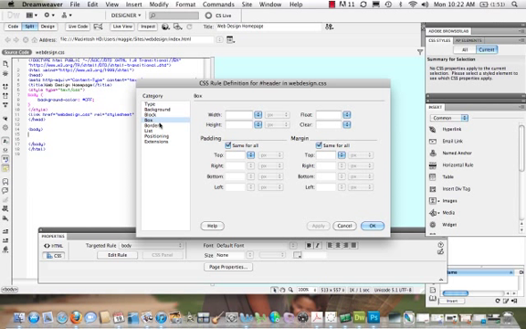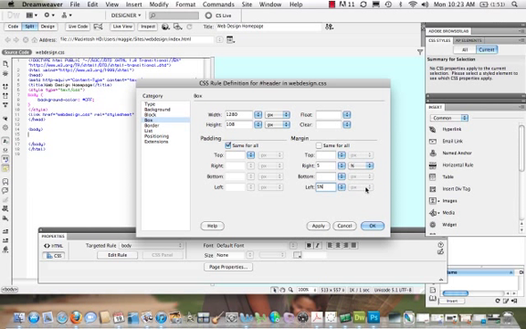Okay, what I'm going to say is I want this to be a box. I'm going to put in my width. My width is going to be 1280 pixels, and my height is going to be 108 pixels. Okay, and we'll put a margin. From the top, we don't want a margin, right? We don't want any padding either. But we could do, let me unclick same for all. At the right, I could say I want a 5% margin. At the left, I want a